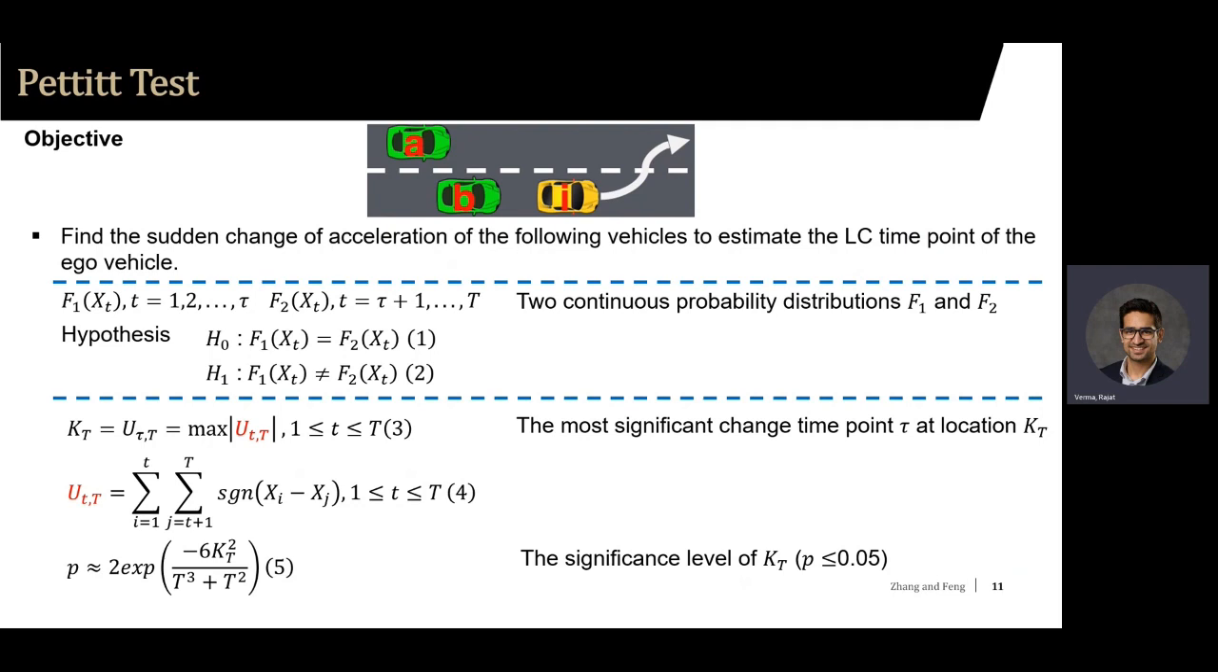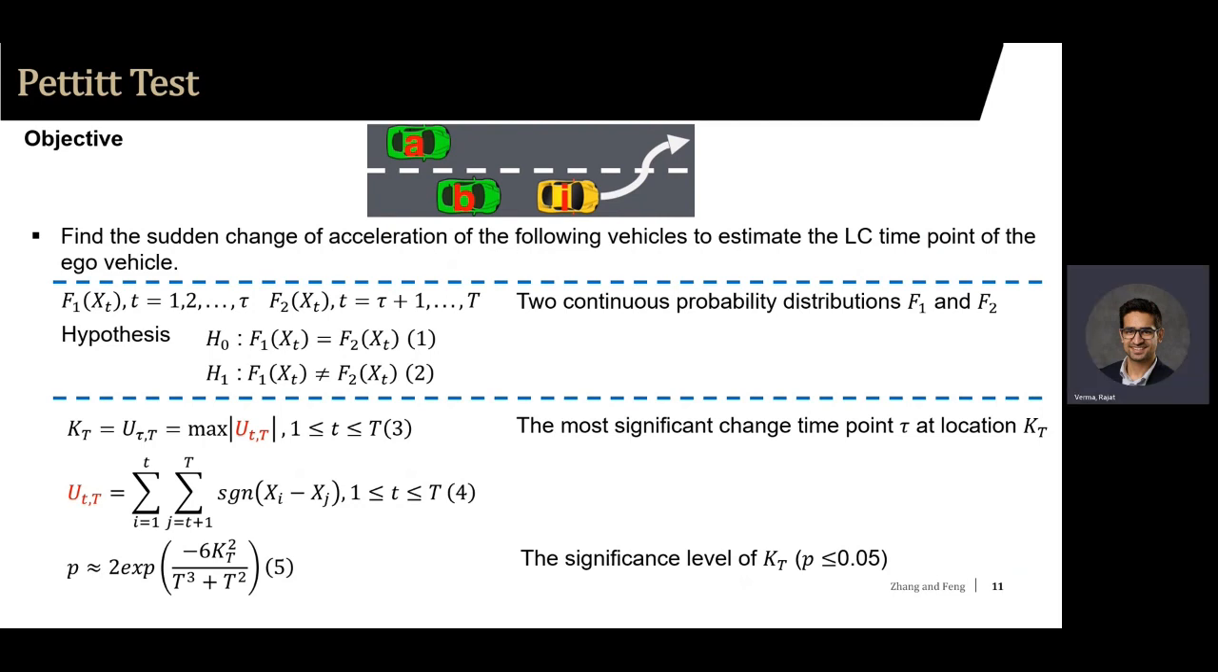The first, they are the same with each other, and second, they have a significant difference with each other. So our goal is to find the most significant change time point tau at the location KT. So we use p less than or equal to 0.05 to reject the null hypothesis. So after the Pettitt test, we will have one or more